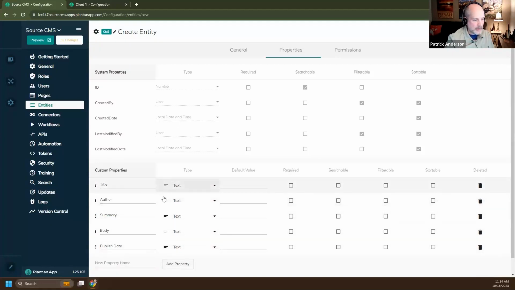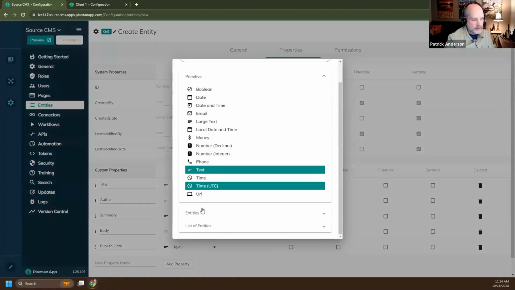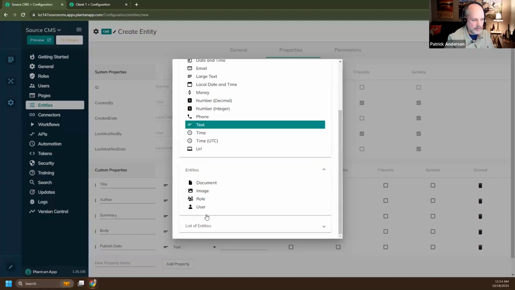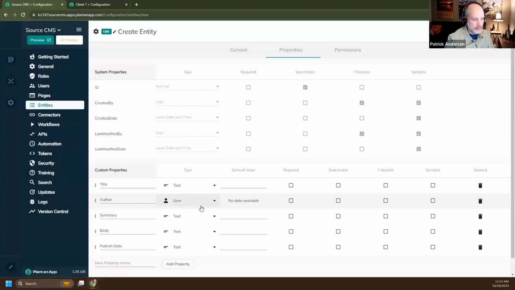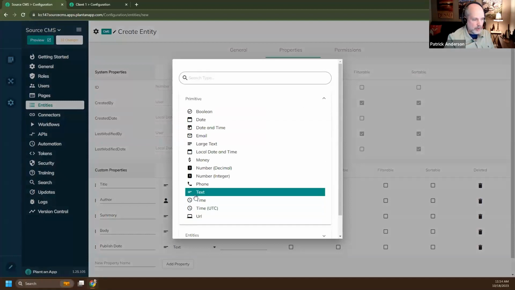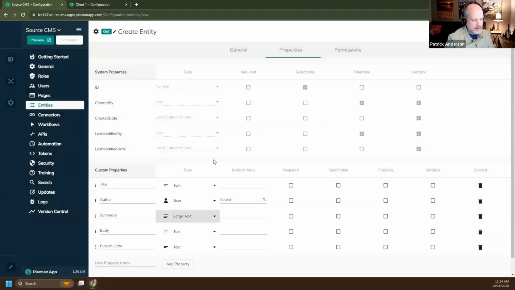Now I just need to specify a few things as far as the content type. So for the author, I want the author to be users of the source CMS system. So I'm going to switch to entities here, and I'm going to choose the user entity as the type here. So this will allow me to select users of the system as the authors. For summary, I'm going to change that to a large text. It probably doesn't necessarily need to be a large text, but I'm just going to make it that just in case we have summaries that